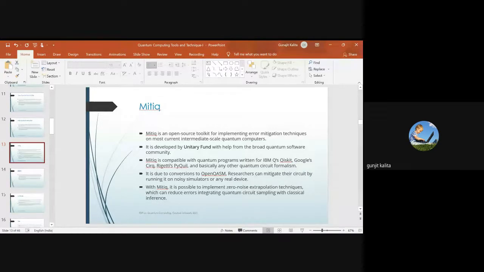Noisy simulator, again I am telling you, is an introduction of error. Real device means normally we expect the actual quantum hardware. So again, since it is a simulator, no hardware, with Mythic it is possible to implement the zero noise extrapolation technique. Zero noise is possible, but again, using Mythic you can do this on the simulator